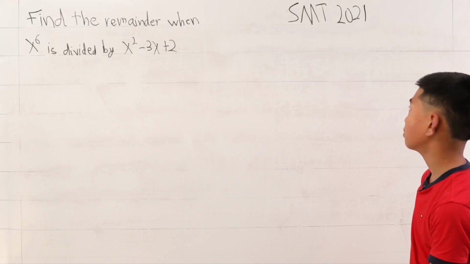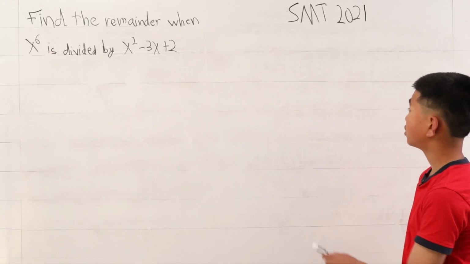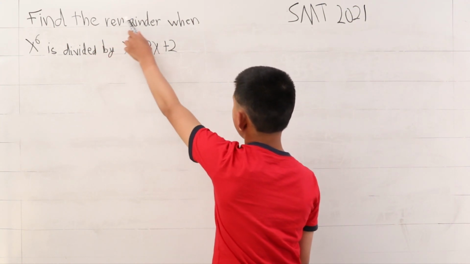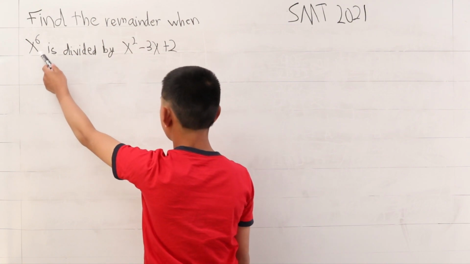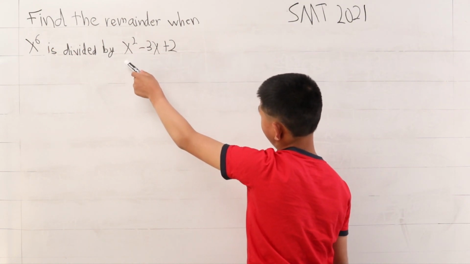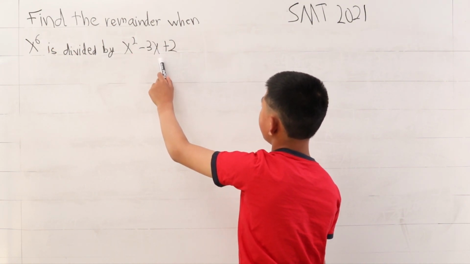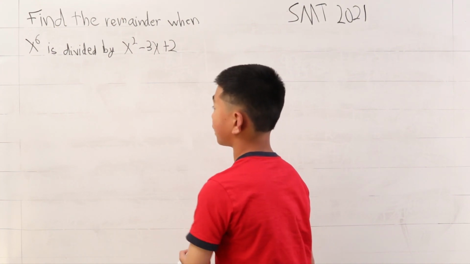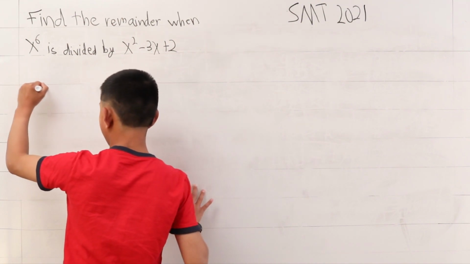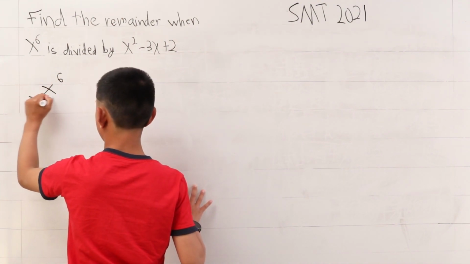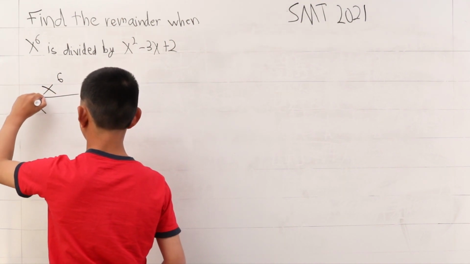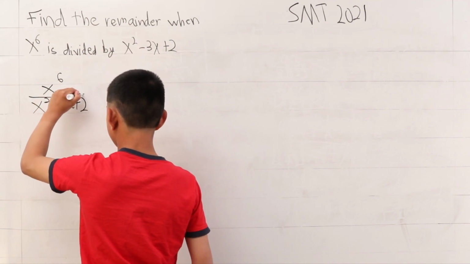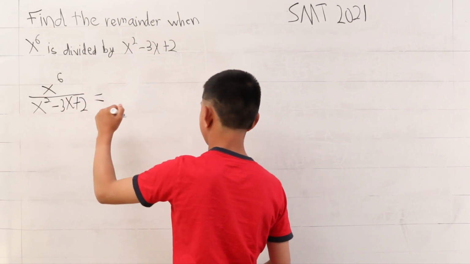We have another SMT problem, except this time it's from 2021. We want to find the remainder when x to the power of 6 is divided by x squared minus 3x plus 2. We have to write this out to make this more clear. So x to the power of 6 being divided by x squared minus 3x plus 2 is equal to